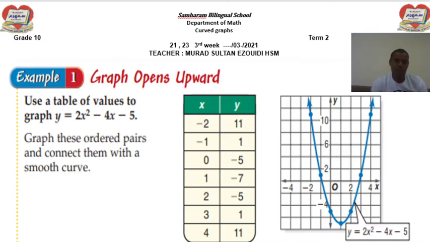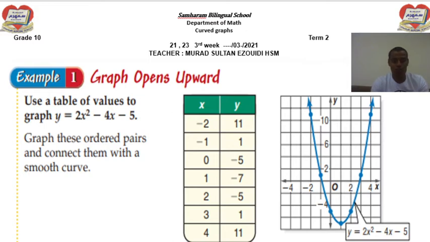In words, we can say the equation of the axis of symmetry for the graph y equals ax squared plus bx plus c, where a is not equal to 0, is x equals negative b divided by 2a. This is given. It's how you can find the axis of symmetry. But you can also find the axis of symmetry and the vertex at the same time using the method of completing the square, and it will be easy for you to distinguish between the axis of symmetry and the vertex